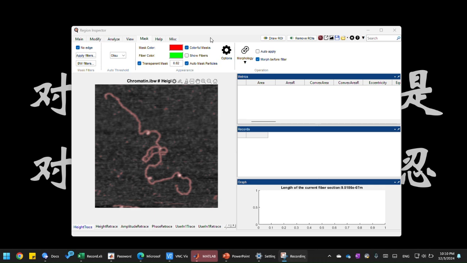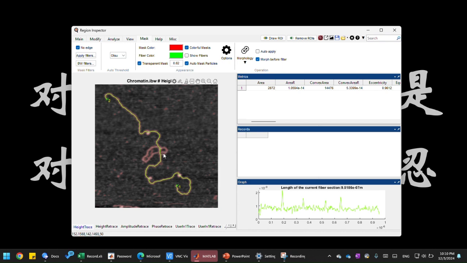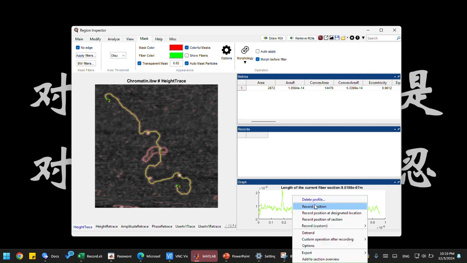Hello everyone. In this video, I will show you how to use a custom script to record locations of a trace, such as the locations of the proteins on this piece of DNA. The traditional way we do this is to produce a trace on this DNA molecule by clicking that, and we can locate the peaks by either record position at where the mouse position is, or use the record position of a section,